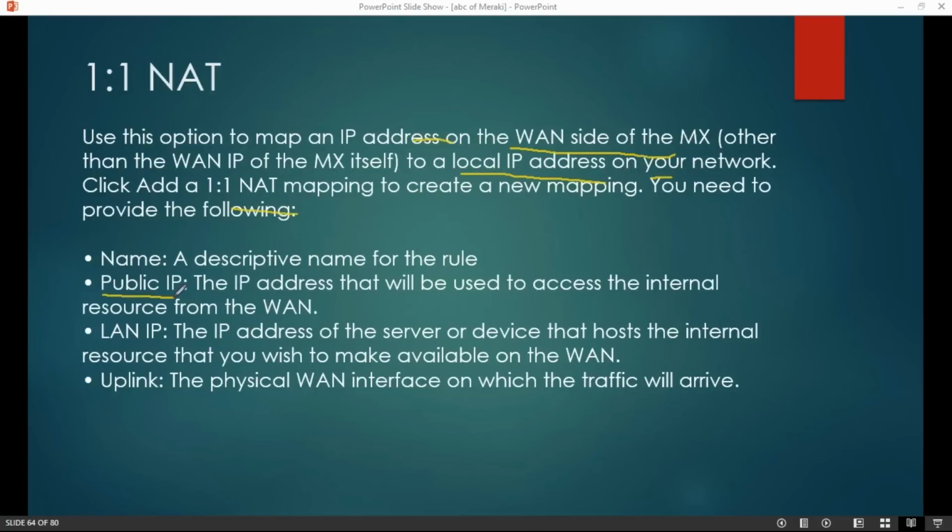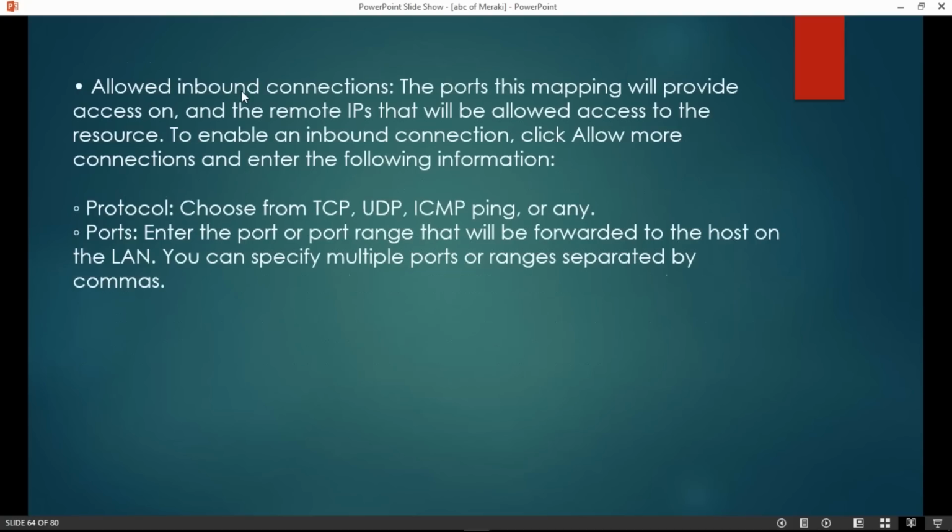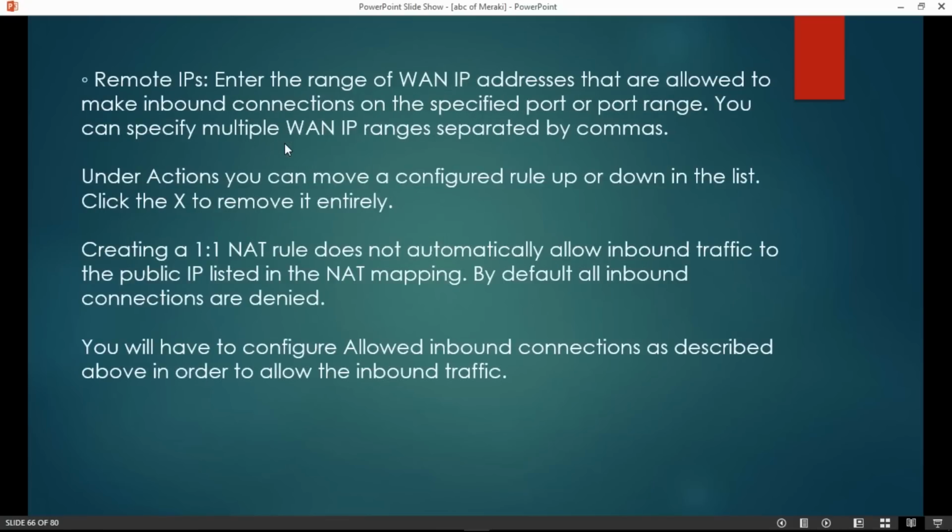What are the things I need? I need public IP, LAN IP, what uplink I'm going to use. No problem on that. We can easily do that. But the only thing you have to think in your mind, that while we are doing this translation,